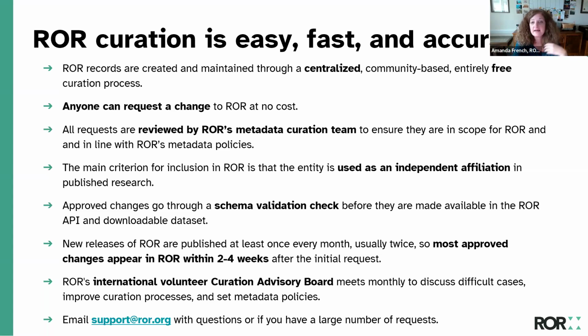So for instance, a researcher might give their affiliation to a publisher or to a repository as the Virginia Tech Transportation Institute, which is a research institute at Virginia Tech, and therefore VTTI is in scope for ROR. Again, I'm not on the curation team. These things do have multiple ramifications, but that's the easiest way to think about it.